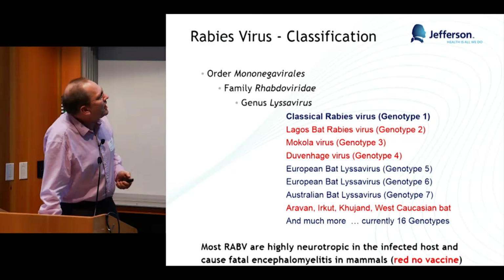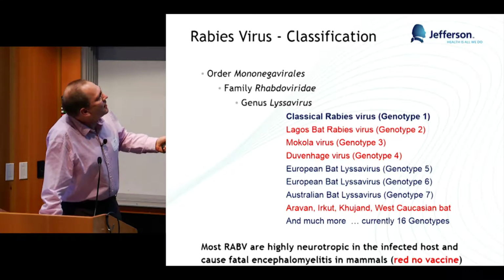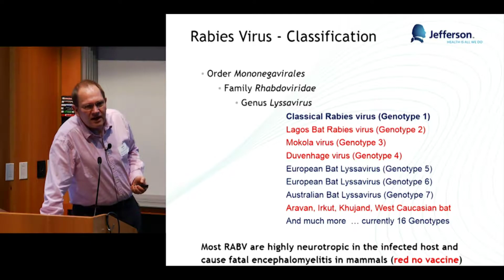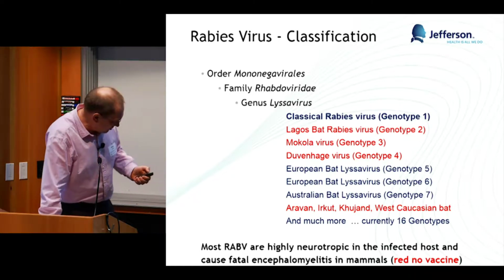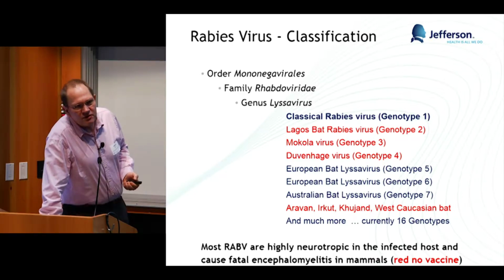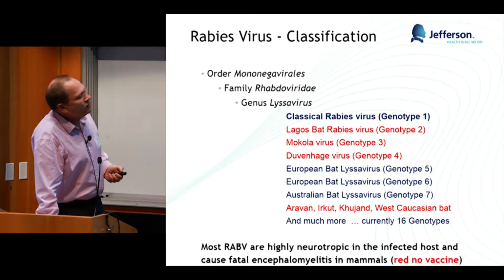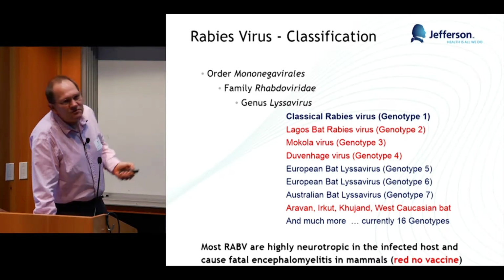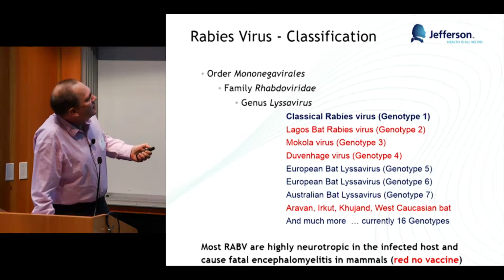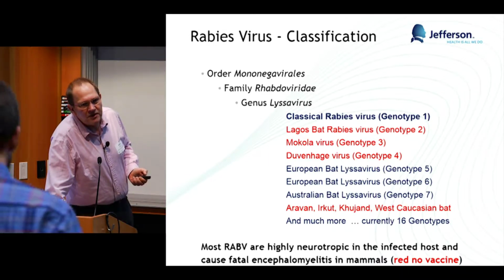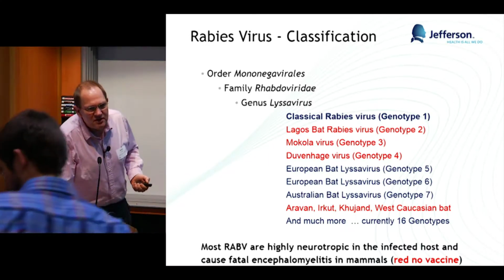But before I come to that, all of you know this one, classical rabies virus, genotype 1, which is responsible for probably 99% of the human deaths. What you probably don't know is there are 16 other genotypes, which fall into 2 phylogroups, and a lot of them are also emerging infectious diseases. In red are all the viruses we don't have a vaccine against. They also occur in Africa, and especially Mokola virus in South Africa is a problem. There was a human death, and there's no therapy and no vaccine.